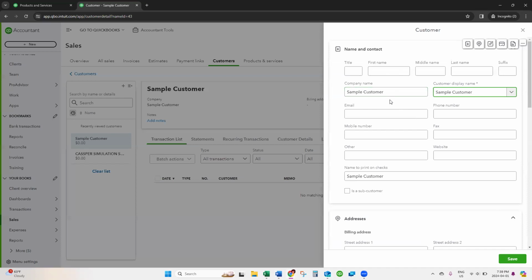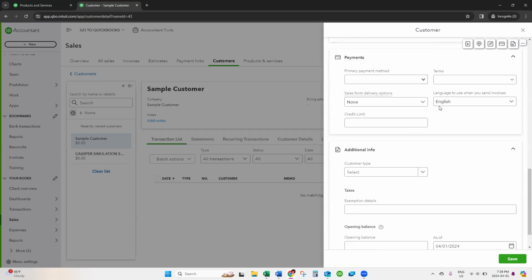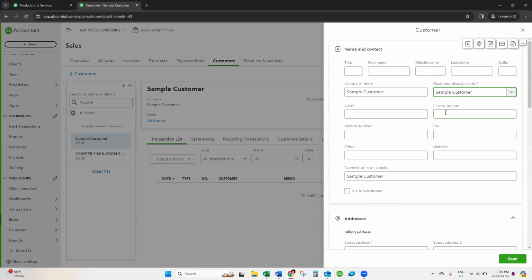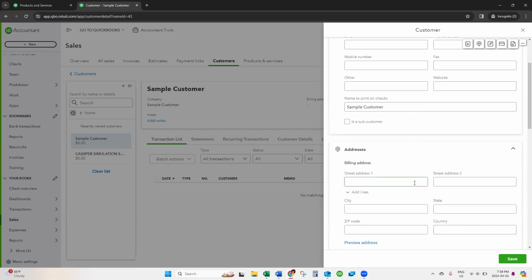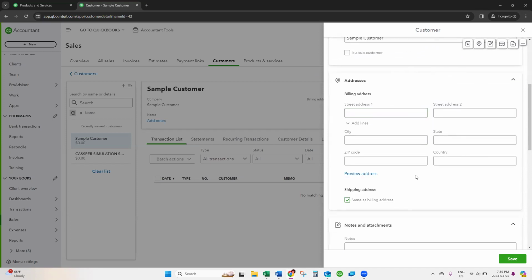And then from here, you can enter all that good information for your client or customer: name, last name, company name, display name, email, phone number, the name you want to be printed on the check, and if it's a sub customer or not, you can click here and choose the parent customer, but the parent customer has to be created first. In this case, I don't want any parent customer. You can enter their